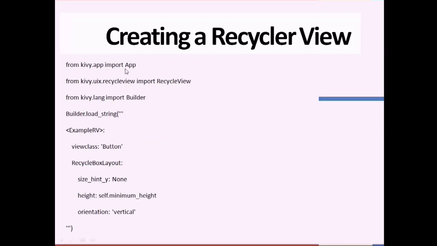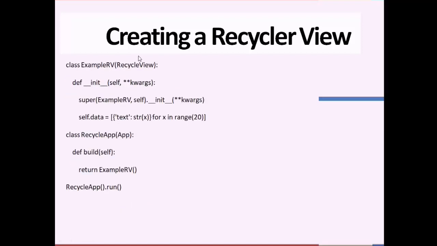As you can see, first we import App from kivy.app. Then we import RecycleView from kivy.uix.recycleview, and then we import Builder from kivy.lang. As I have told, we define the properties in Builder.load_string like the button, and we set the height and we set the orientation. Next, in the first class, what we do is we use the RecycleView and set the parentheses